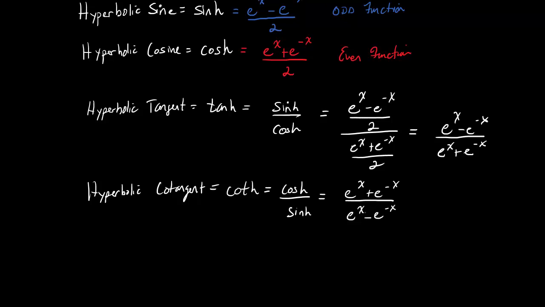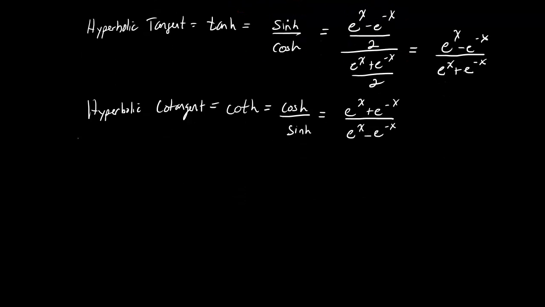So that defines coth, not kosh, coth. Or you could just say hyperbolic cotangent. I tend to do that with hyperbolic cotangent and hyperbolic cosecant. I have an issue saying those for some reason, but that's just me. So now hopefully you guys can maybe even try to derive hyperbolic